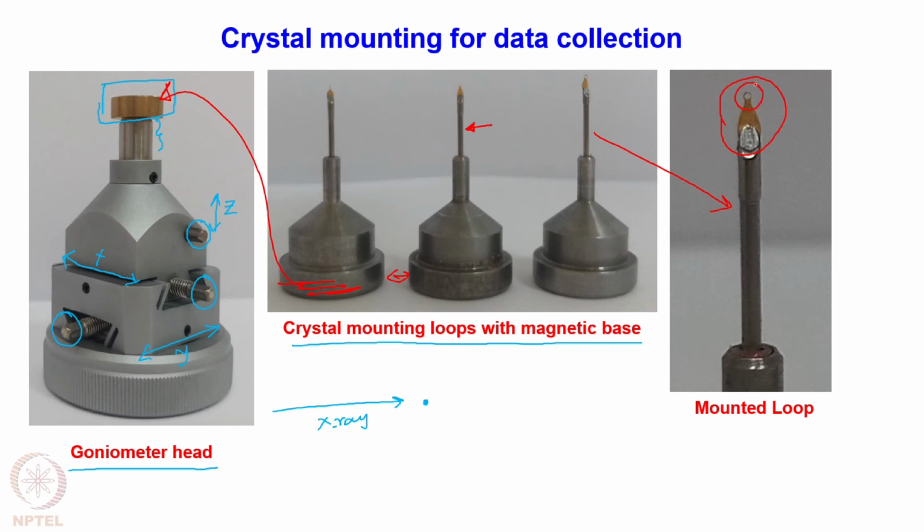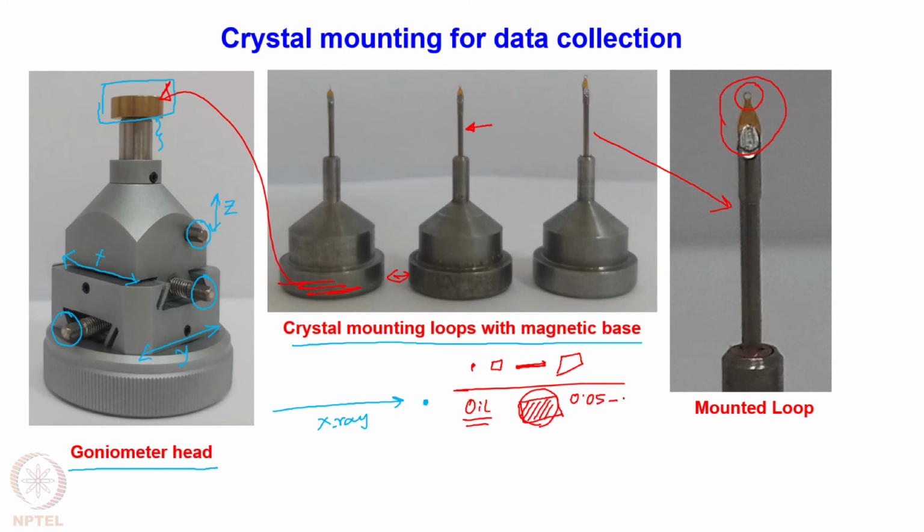So the crystal that we have chosen, which may be of some shape, which may be needle, which may be block, which may be a thin plate, whatever, is mounted on that loop using some very thick oil. That oil uses its surface tension to stick the crystal to that loop. So the loop is like this, and you choose a crystal suitable to the loop, or you choose a suitable loop for a particular crystal that we have got,